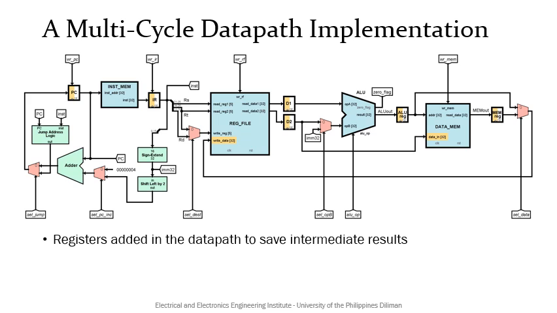Since the first clock cycle ends with the instruction fetch, then we put a register IR, which stands for instruction register, right after the instruction memory. We also put registers D1 and D2 at the 2 register outputs, ALU reg at the ALU output, and lastly, memreg for the data memory output. Now, since the combinational paths in between registers or memory elements are shorter, then we can now use faster clocks.